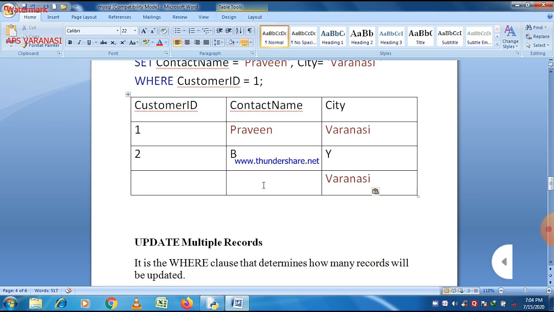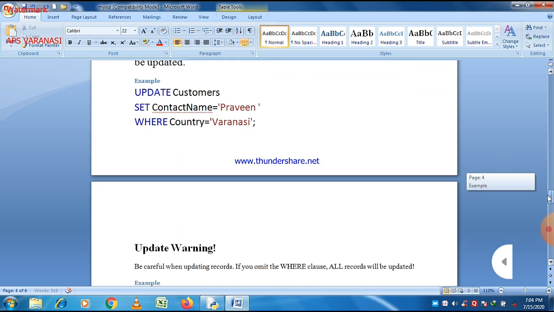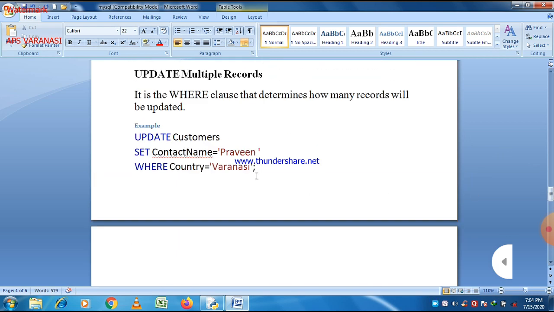But before this, let us make this table much more complicated. Here only three records are there. Now you can easily get the idea of updating multiple records. So here WHERE country is equal to Varanasi, SET contact name equal to Praveen.